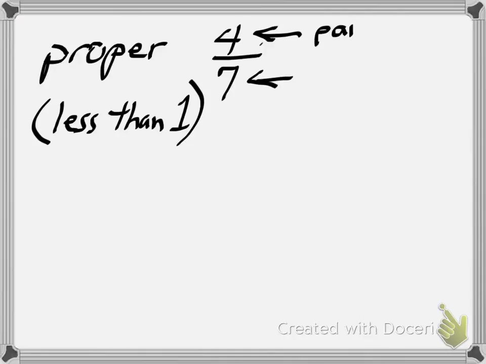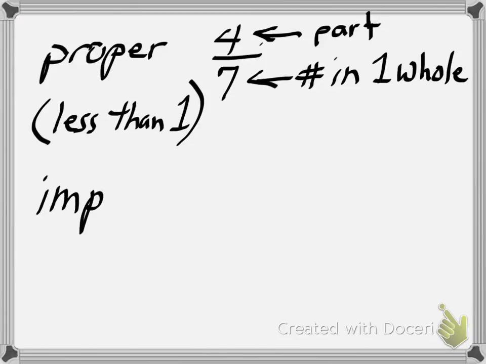So this is the part, and this is the number in one whole one. So in order to have a whole, you would need 7 out of the 7 parts. So that's proper. Then we also have